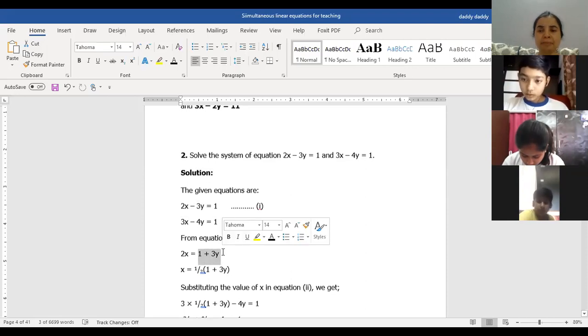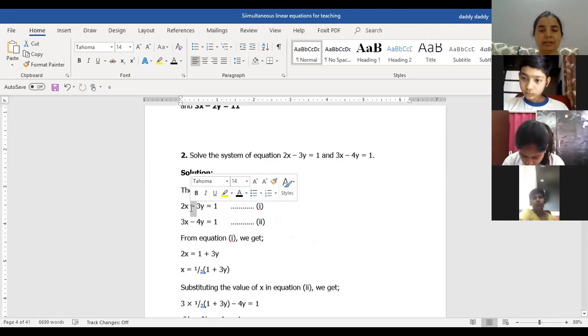It has to be step by step and not in one step will you do all the transposition. So first thing I will transpose this other term which doesn't have x to the other side. So it will become plus 3y. In the next step, I will transpose this 2. This 2 is getting multiplied, so on the other side it will go and sit in the denominator. So that means 1 by 2.